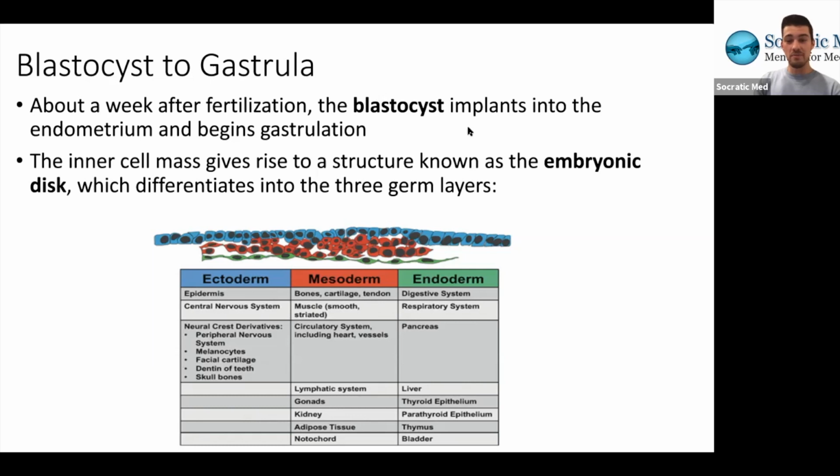The mesoderm, meso meaning middle, gives rise to bones, cartilage, tendons, muscle, smooth and striated, the circulatory system, the lymphatic system, the gonads, kidney, adipose tissue, and the notochord. So the mesoderm,